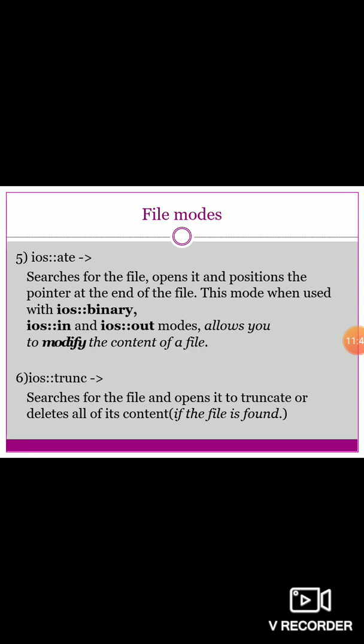Okay, next one we have trunc. If the file is opened for output operation and it already existed, its previous content is deleted and replaced by the new one. Simply I can say trunc operation क्या करेगा? It will delete all its current content and it will give you an empty file.